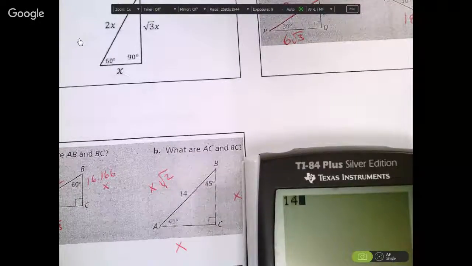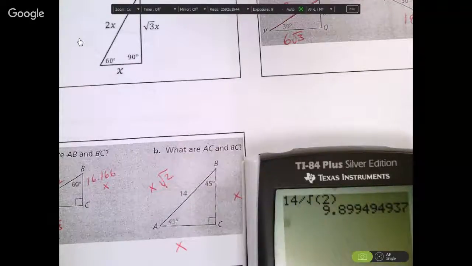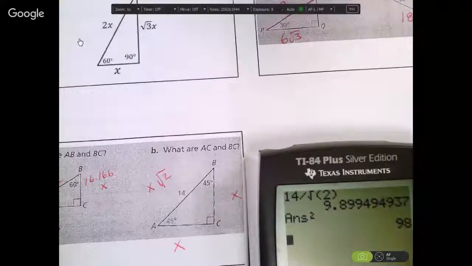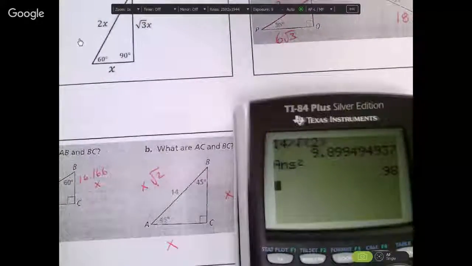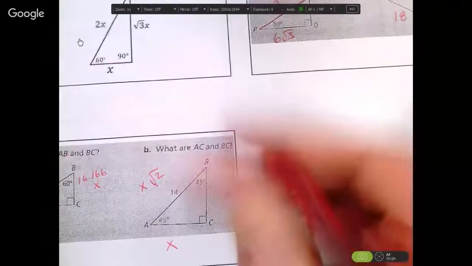So look at the picture of that box. A, and then the second box of that page, also A. It's the same triangle. Okay. So I'm going to do that trick again where I'm going to square this just to see what happens. And that time it gave me 98. Because that's a nice number, I'm going to use that nice number. So now here's the thing. Is the number 98? No. What is it? The square root. X equals